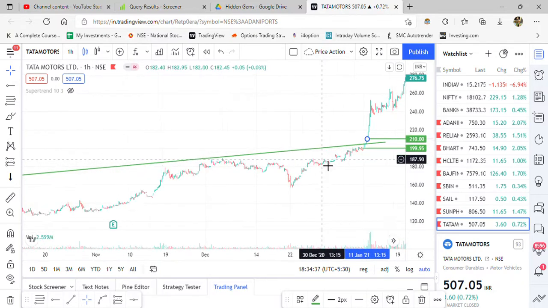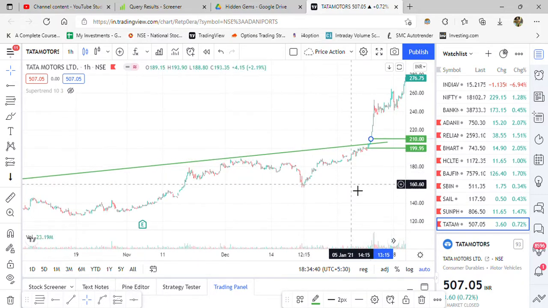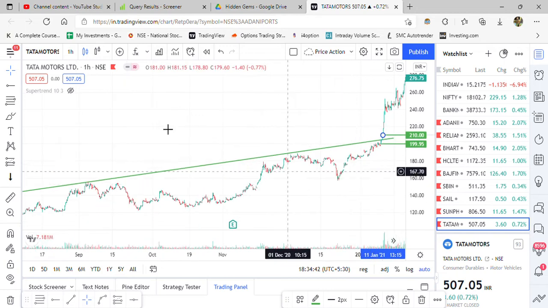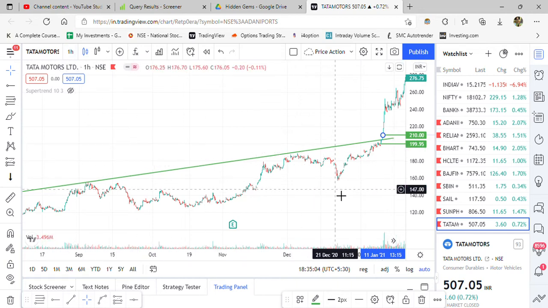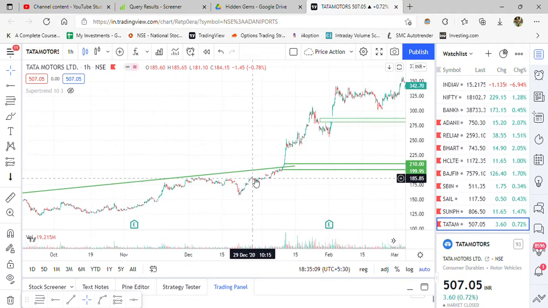So if you are a long-term investor and want to get higher returns, look forward in hourly or daily or weekly time frame. If you want to trade on a short duration, weekly or 2 weekly or maybe 2 month, then you can go for 5 minute, 15 minute, 30 minutes time frame to trade within a month or so. So that's it from my side on a trend line breakout.